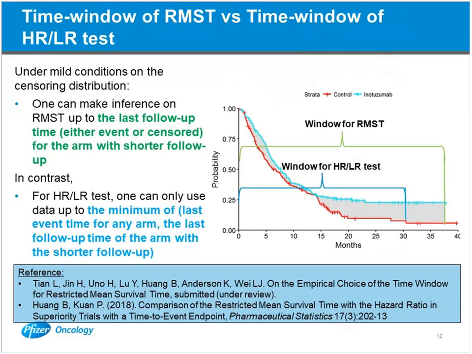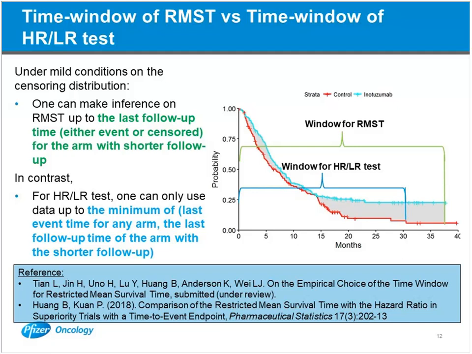It is a little bit ironic because everybody figures that out for RMST because of its name, including the word restricted. But few people seem to care that the same requirement is also applicable to other global summary statistics based on the Kaplan-Meier plots, including the hazard ratio, which is dependent on the follow-up time. As a matter of fact, the maximum allowed time window for hazard ratio and log-rank test is even narrower than